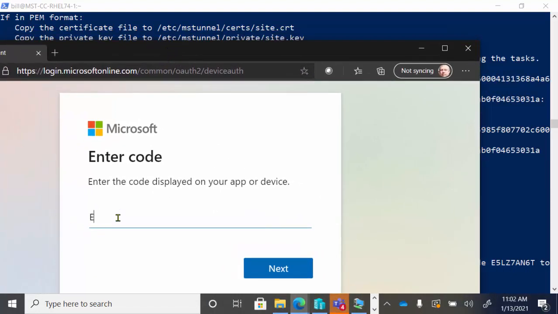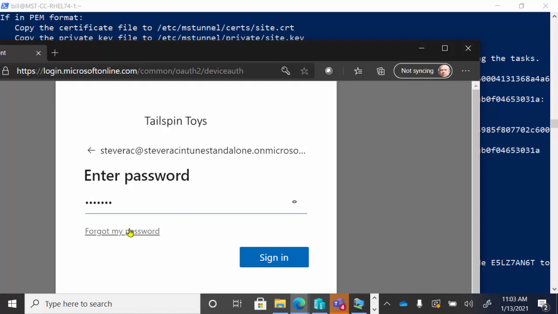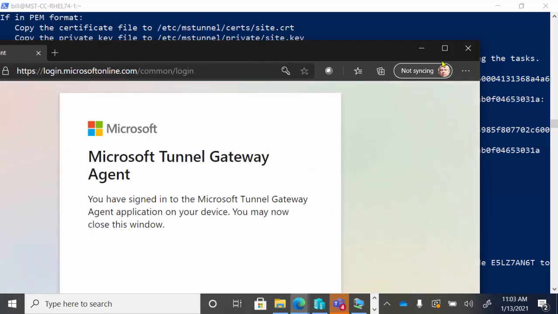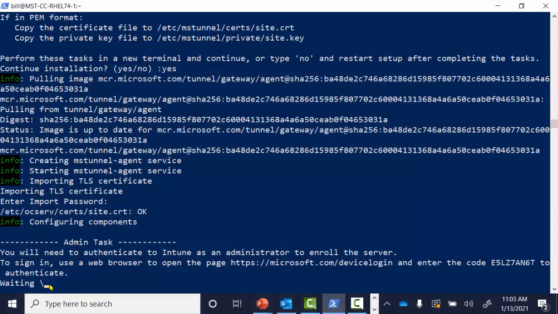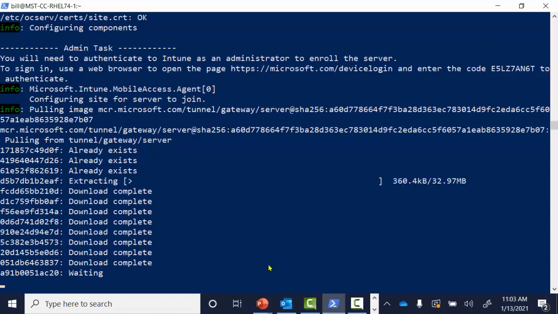So E5 LZ 7 alpha N6 tango. All right, I'm going to specify my account and my password, and now since the readiness tool told me I was good, this should work just fine. And so the install will finish up here in just a sec because I have authenticated. All right, good. So now it's continuing, and